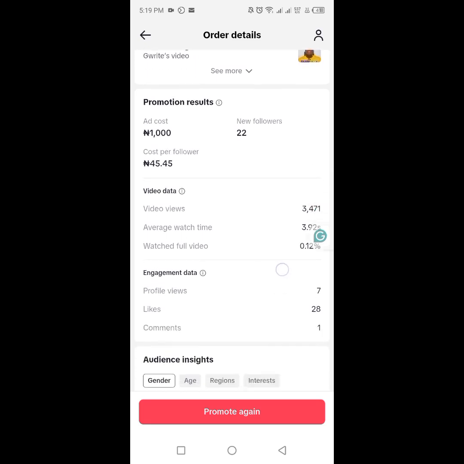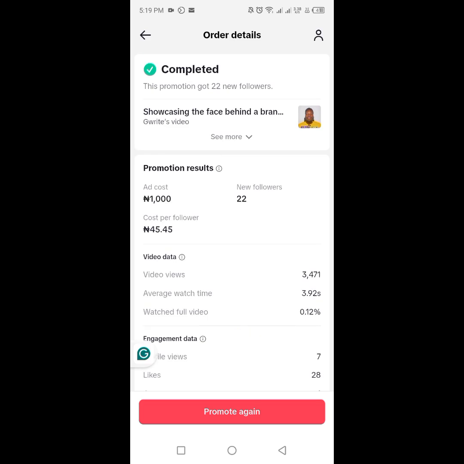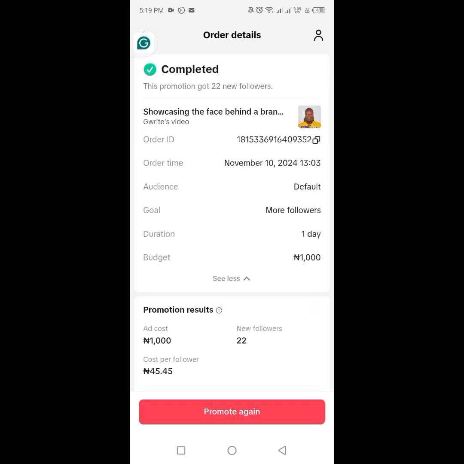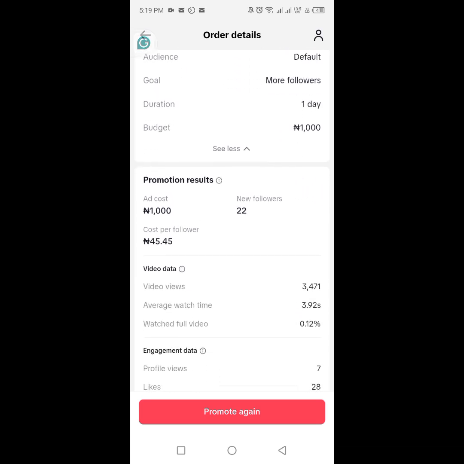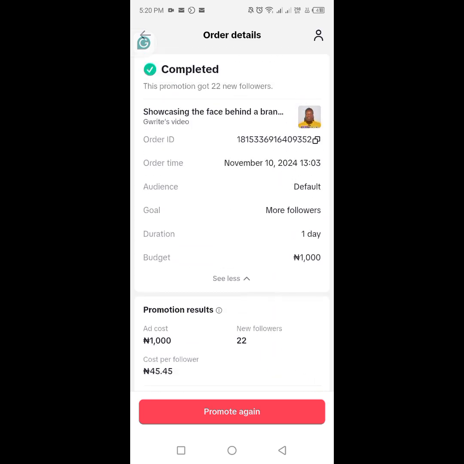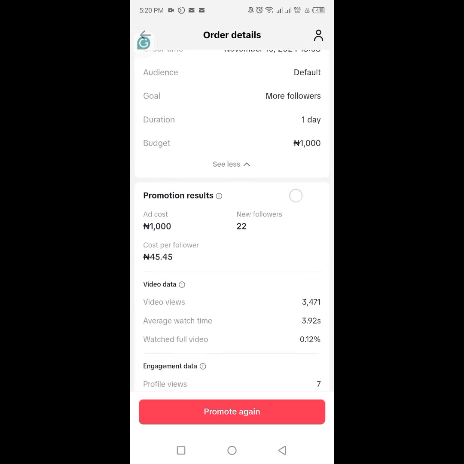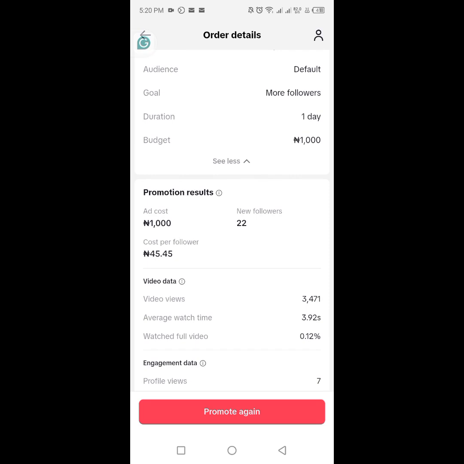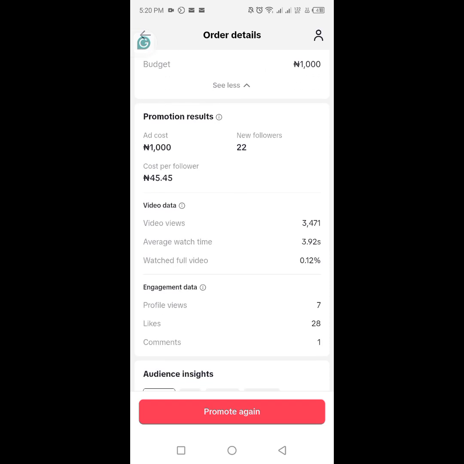All right, so you can see this. This is basically how to analyze your ad's performance, especially the one that has completed. So you can see ad cost, the amount that was spent. The duration was just a day. The goal was more followers, and the promotion result was ad cost of 1000 naira, 22 followers, 45.45 naira per follower. For video views, you can see the number of persons that viewed the video, and average watch